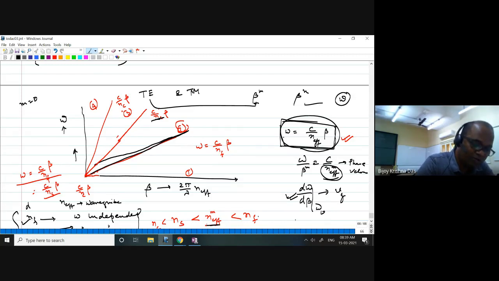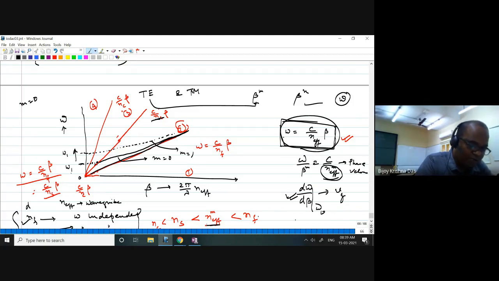Now if you get m equal to 1, normally the m equal to 1 solution for a given d value will be something like this. This is your m equal to 0 and this will be your m equal to 1. From zero frequency up to this frequency you don't have any solution; that will be leaky up to this one. So let us consider omega 1, and here you are getting omega 2.